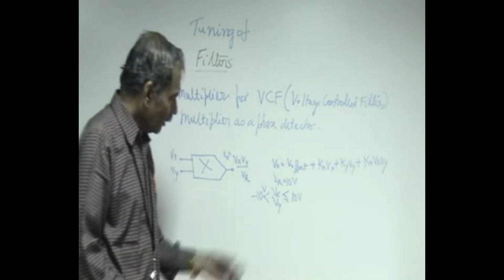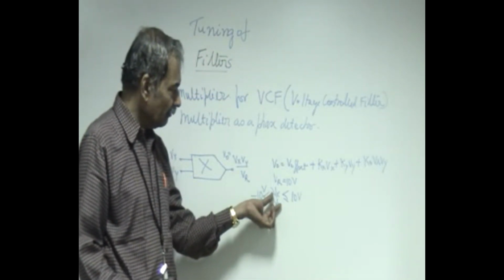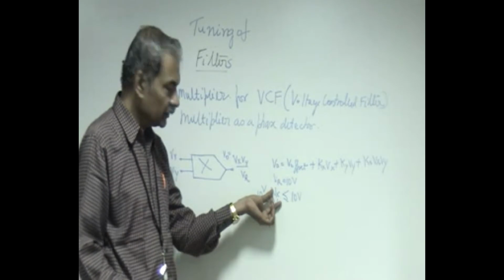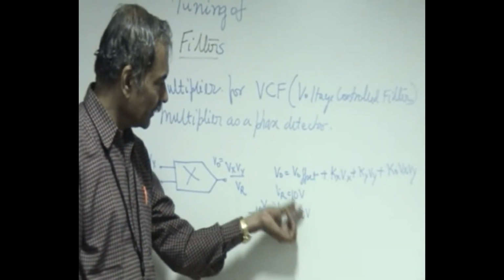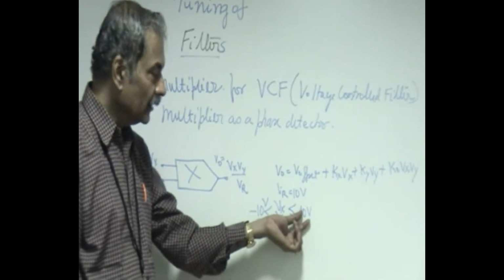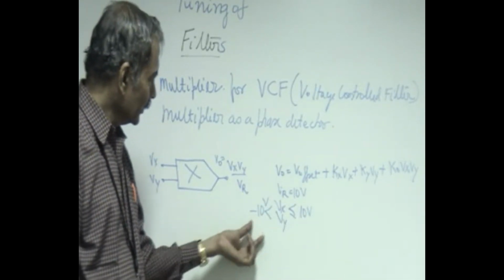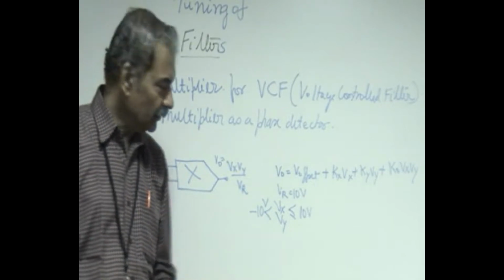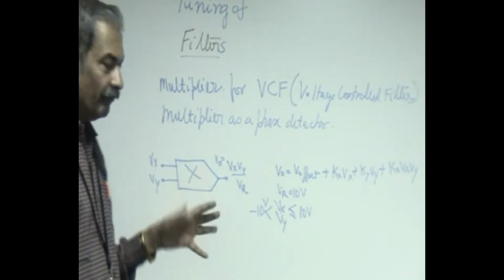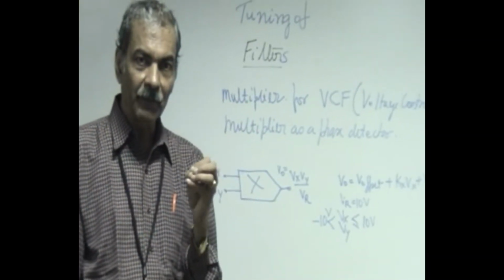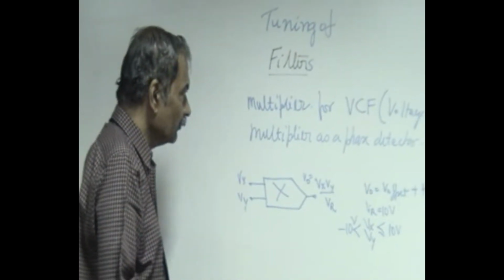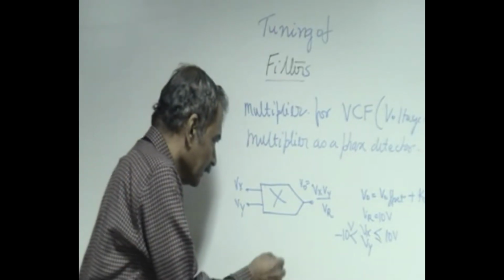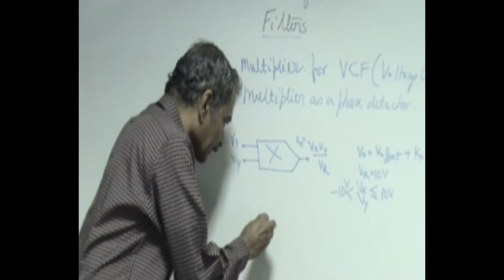Normally, the dynamic range of the multiplier, or precision multiplier, is designed to handle as much as the reference voltage, 10 volts in this case, plus 10 volts and minus 10 volts. So this is a 4-quadrant multiplier, which is capable of handling a dynamic range of plus minus 10 volts. Now, how do we use this? First, as a voltage controlled filter, for converting a filter into a voltage controlled filter.